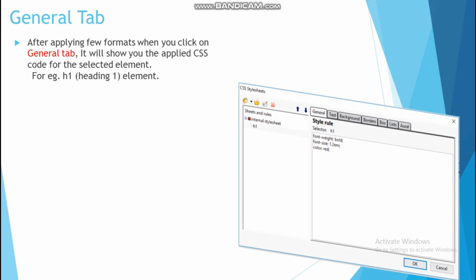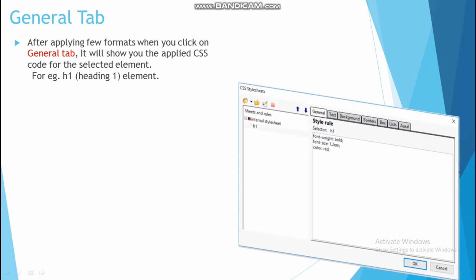So as we have seen all the tabs of CSS here, but we have not seen the general tab. So after applying a few formats, when you click on the general tab, it will show you the applied CSS code for the selected element. For example, here we have selected the H1 heading 1 element. So you can see it shows 3 different formats that we have applied.